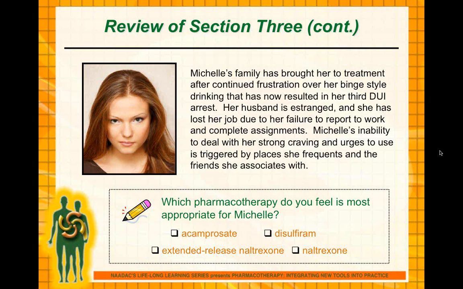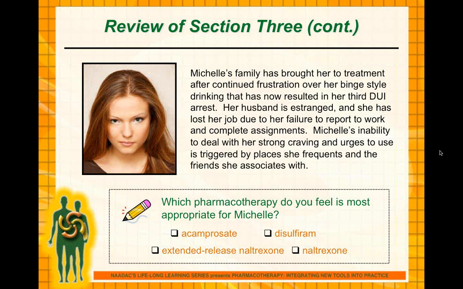You can see here she's got a couple other things that I would want to address that have nothing to do with medication, which is the fact she's drinking and driving so many times and involved in the criminal justice system. She's obviously having some relationship issues. She doesn't have a steady job, she's clearly not reporting to work, and she's missing assignments, and she's still going out with friends that are clearly drinking around her. So it doesn't seem like she has an environment that's set up to even be able to get sober at this point. Beyond thinking about medications, we've got to think about the holistic treatment of Michelle,